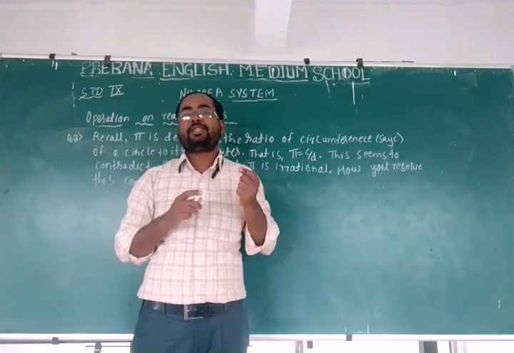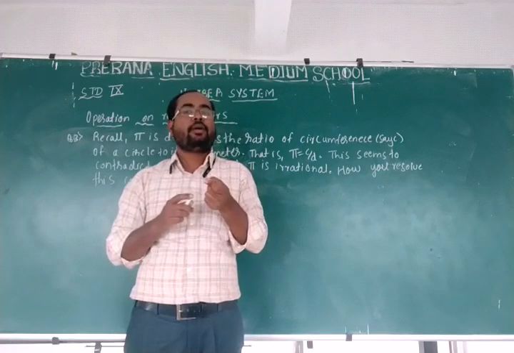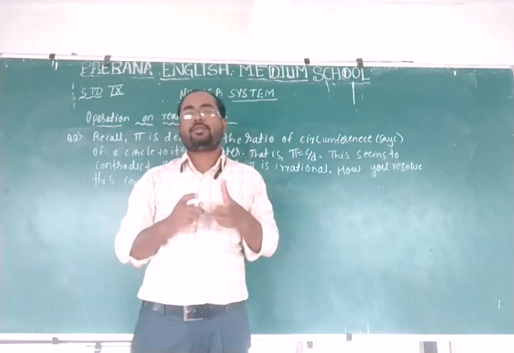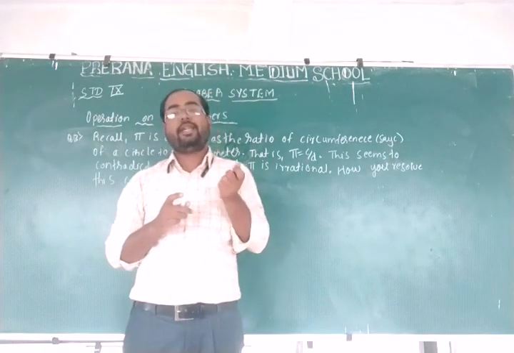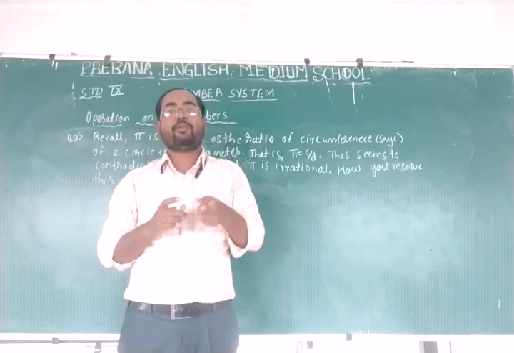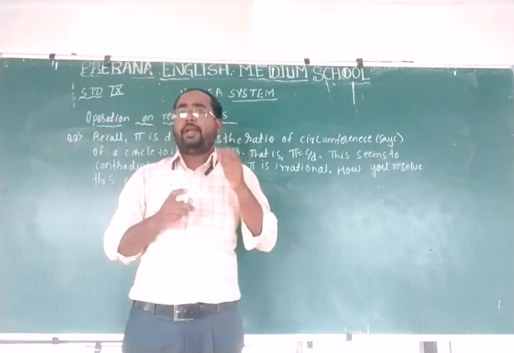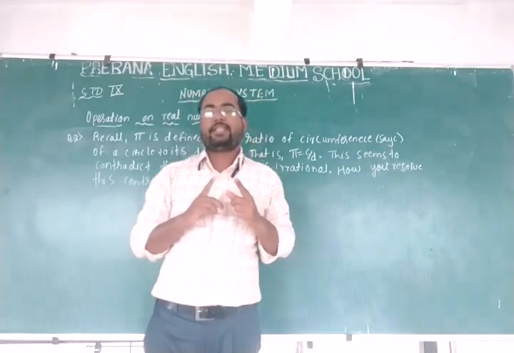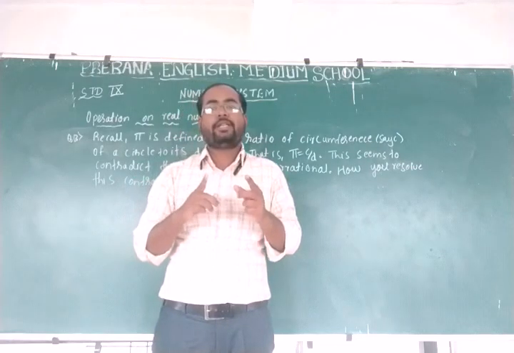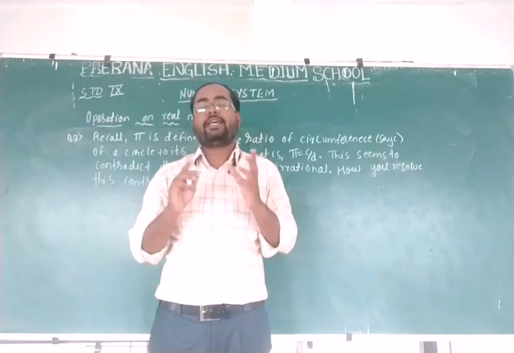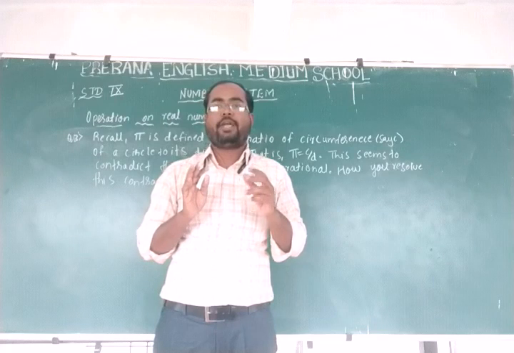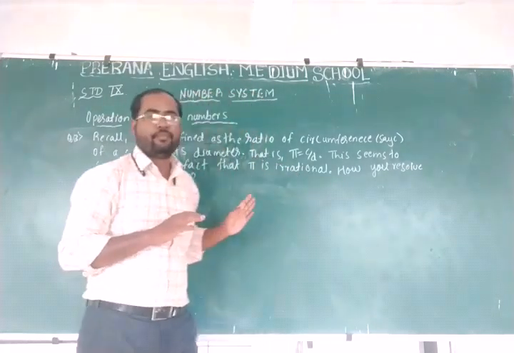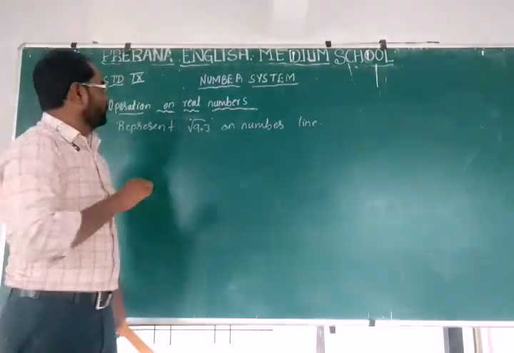Because when you measure with the scale or any other instrument, we will get approximate rational numbers, not the exact values. We will never obtain the exact value. For this reason, we may not resolve that C or D is irrational. So for that reason, C by D is irrational. Now we'll solve the next question.